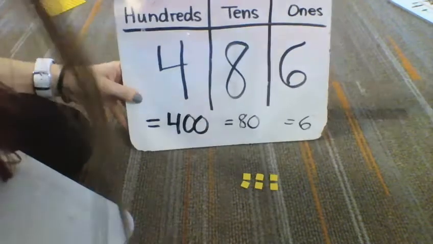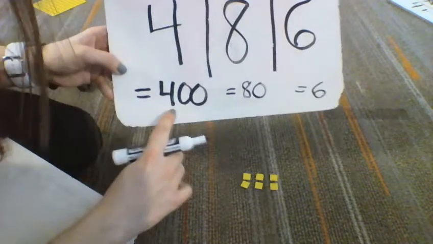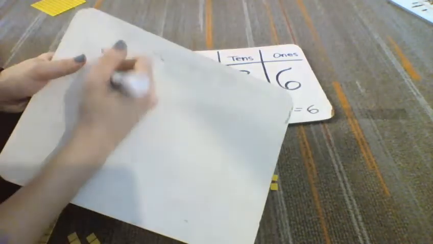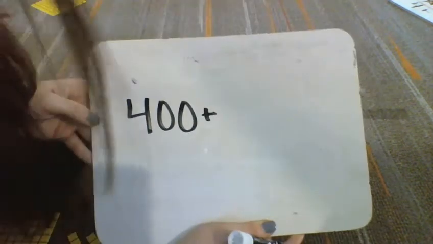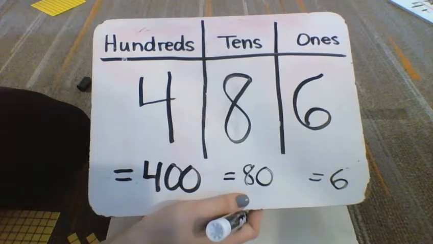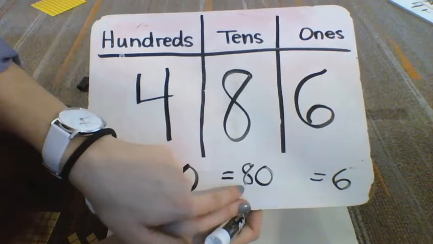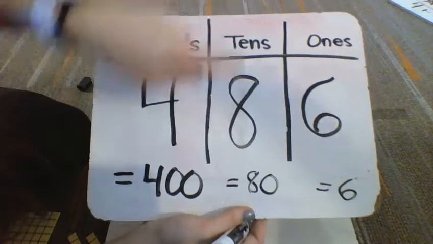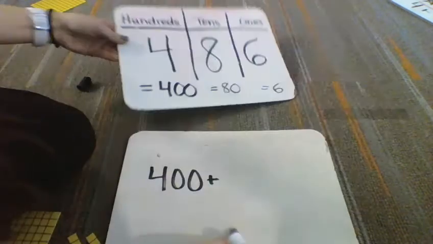So first look at that hundreds place value. What's the value? The value is 400. So start with that number. So 400 plus the value of what's in the tens place value. So let's look again. There's an 8 in the tens place value. The value of 8 groups of 10 equals 80. This is the value of that digit. Yes, it's 8, but 8 groups of 10, remember if you count by 10, that equaled 80. So 400 plus 80,